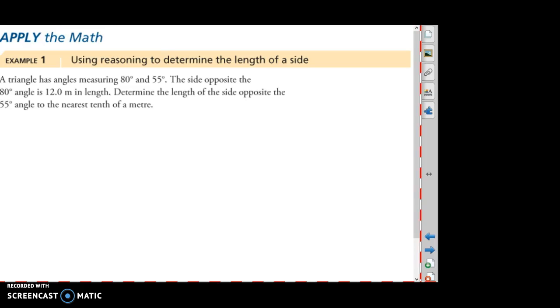Question 3.2 on page 120, for example 1. This is where we're using the sine law. So the sine law is a side length over the matching angle. So if we were going to draw this triangle, it says a triangle has angles measuring